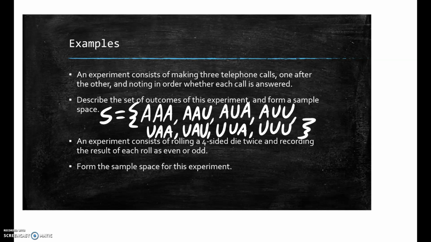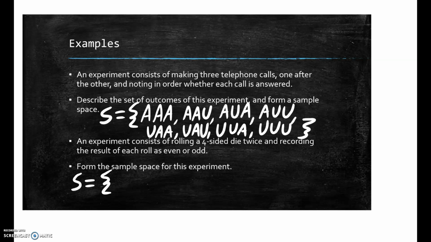All right? What about rolling a 4-sided die? So literally a die that just has numbers 1, 2, 3, and 4 on it, and recording the result of each roll as even or odd. Okay, so we're going to roll it twice and record the result of each roll as even or odd. So the sample space here,